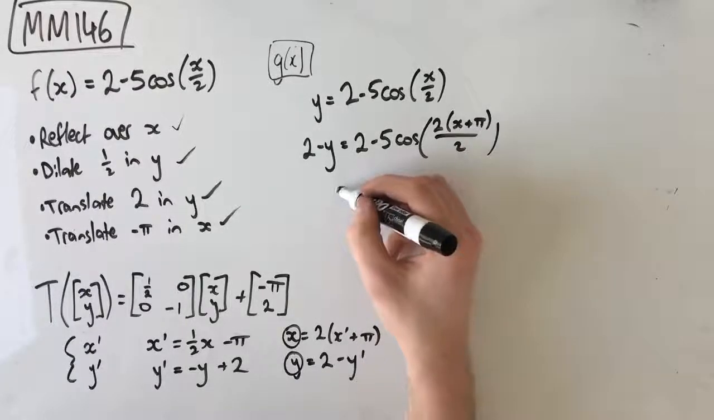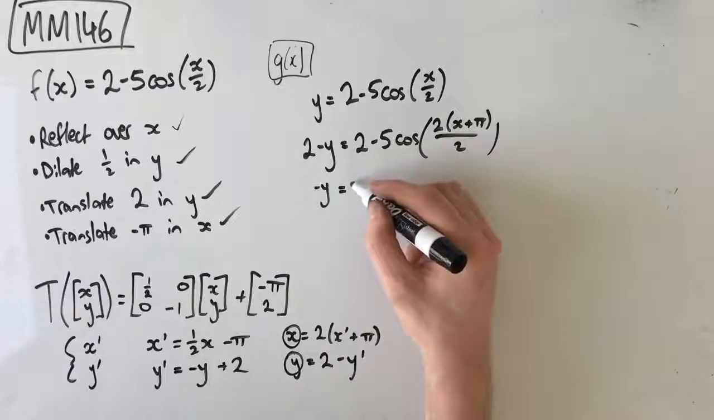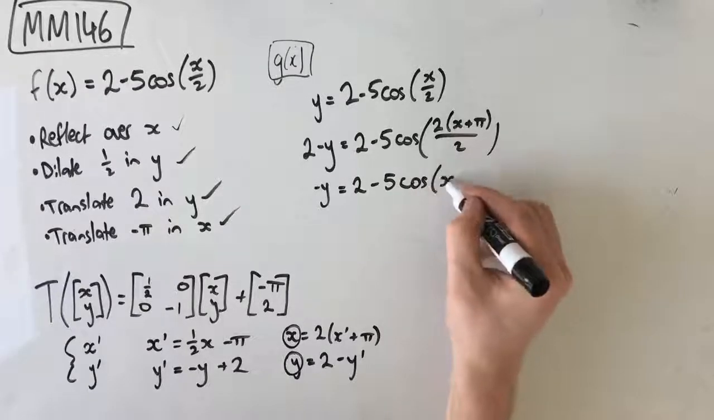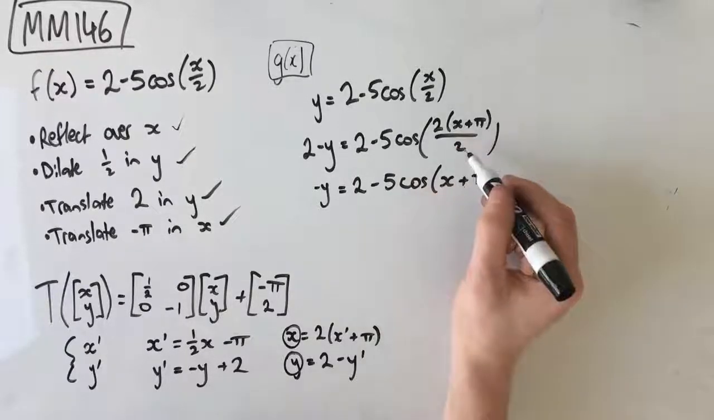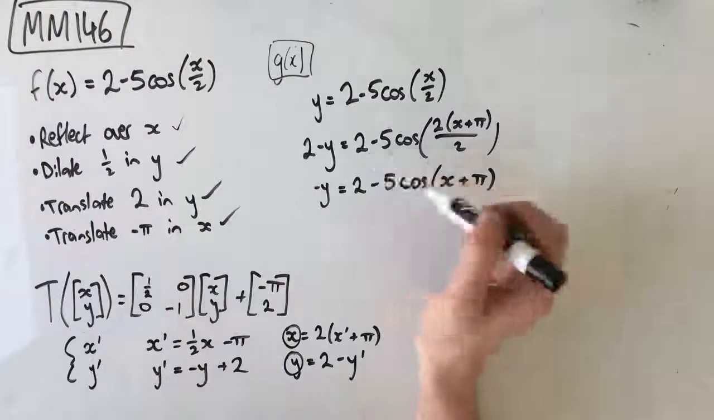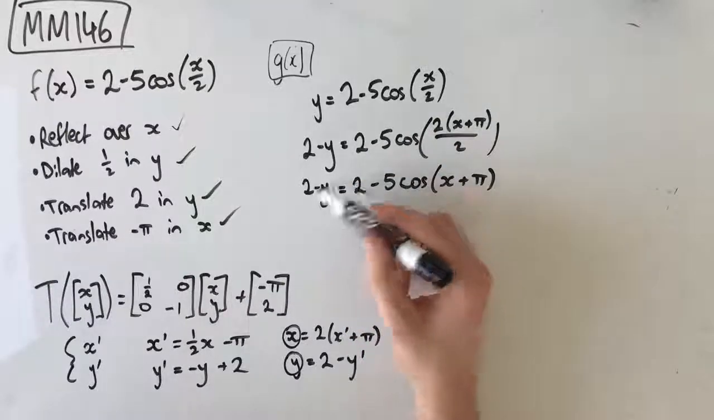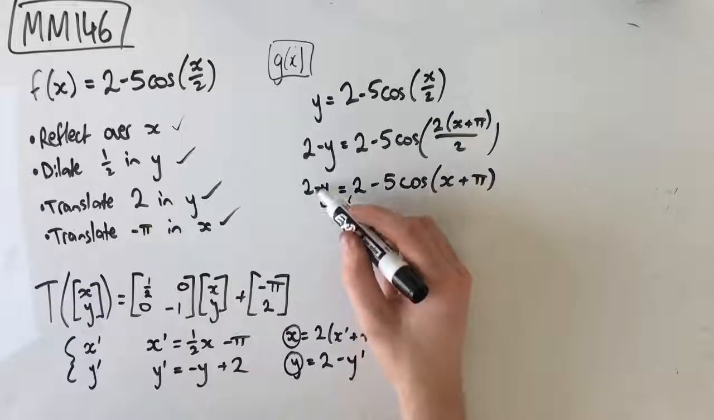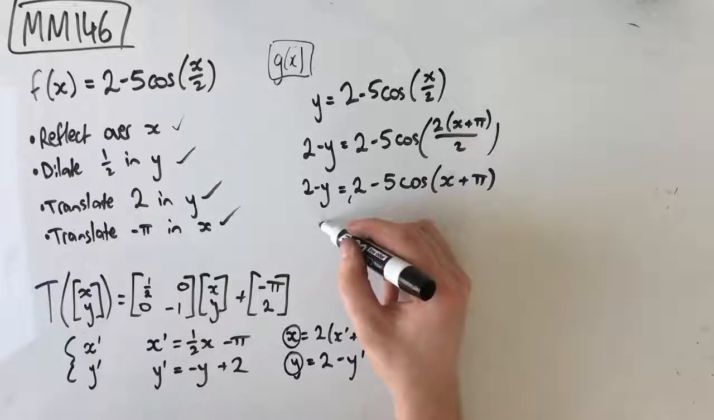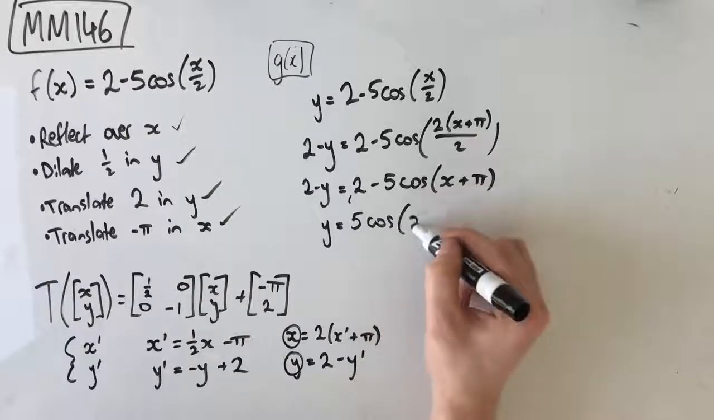So now we're just going to rearrange this. Negative y is equal to 2 take 5 cos of x plus pi, because this 2 and this 2 cancel each other out. This 2 and this 2 actually cancel each other, which means we're left with negative y equals negative 5 cos x plus pi, which means we can take the negative of both and get y equals 5 cos x plus